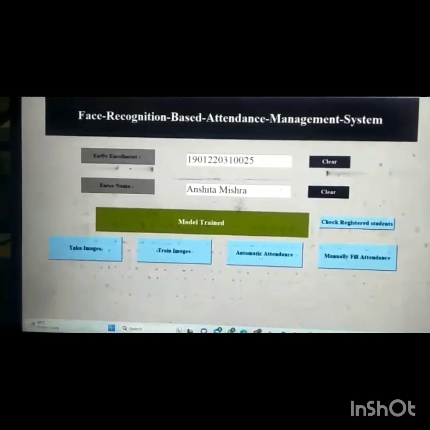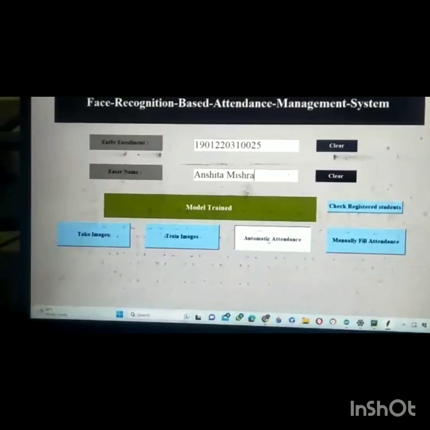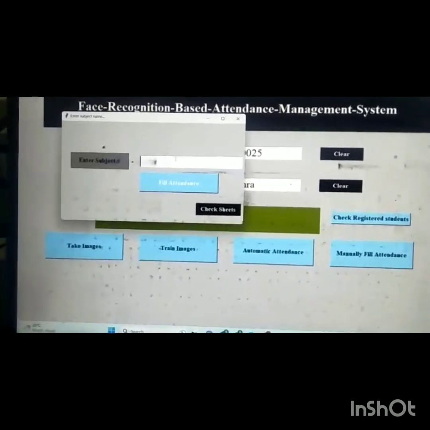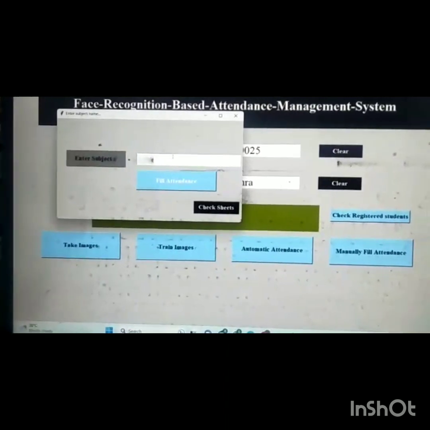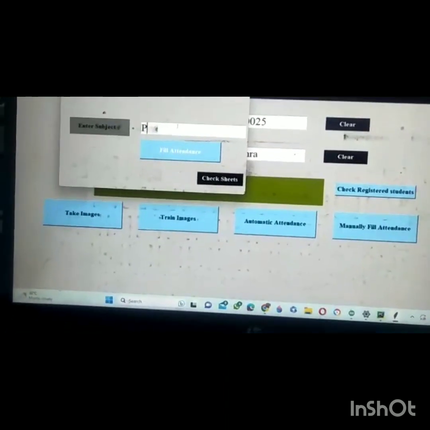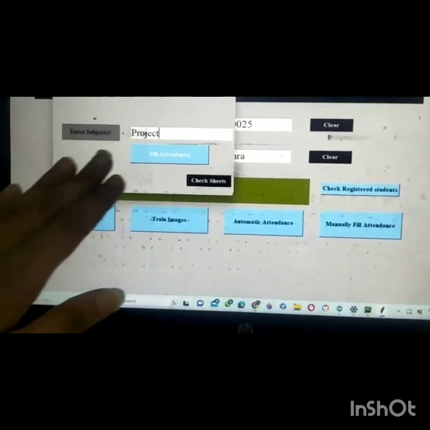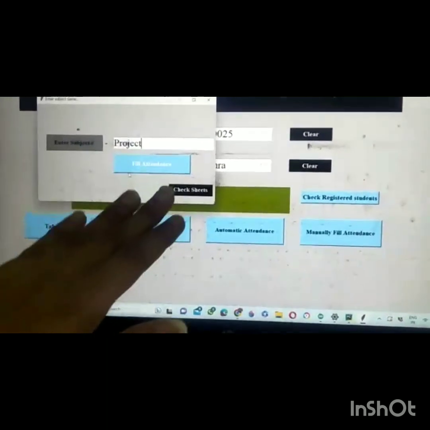Then we click on automatic attendance and it can fill our attendance automatically. Then we enter our subject, any domain you like. I'm entering the subject as project.